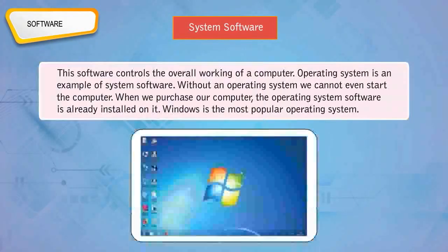System software. This software controls the overall working of a computer. Operating system is an example of system software. Without an operating system, we cannot even start the computer. When we purchase our computer, the operating system software is already installed on it. Windows is the most popular operating